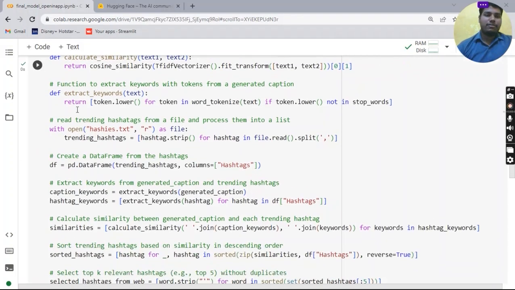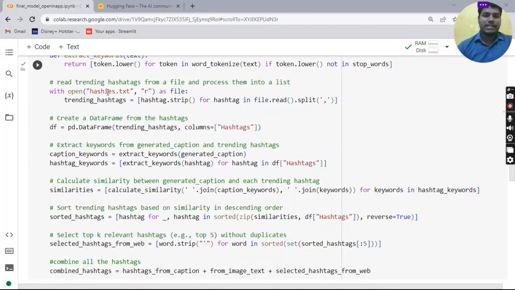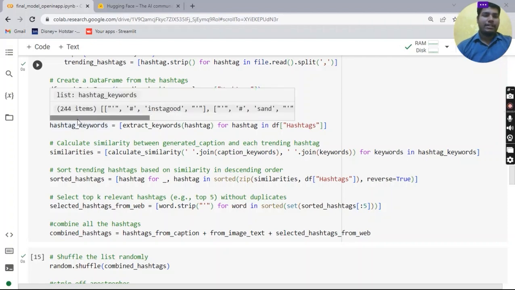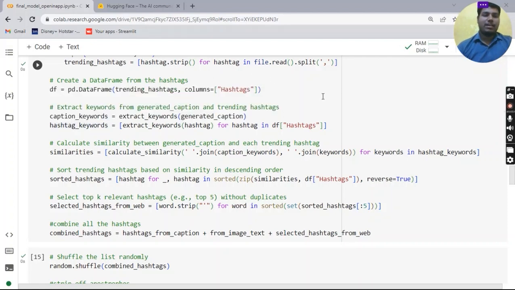So it involves a pre-processing step, like extracting keywords from the context, like the caption. This file, hashtags.txt, contains the trending hashtags from the web. I have saved it as a file and opened it using with open. Next I converted that into a data frame. Next we have the caption words and the hashtag keywords. Hashtag keywords are nothing but trending hashtags on the web, and caption keywords are nothing but the context of